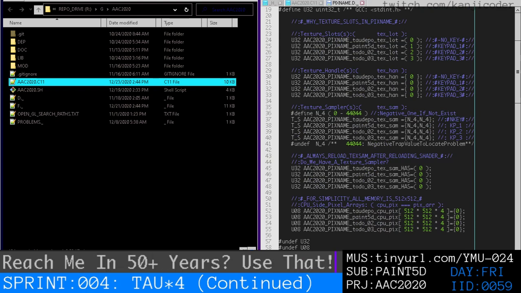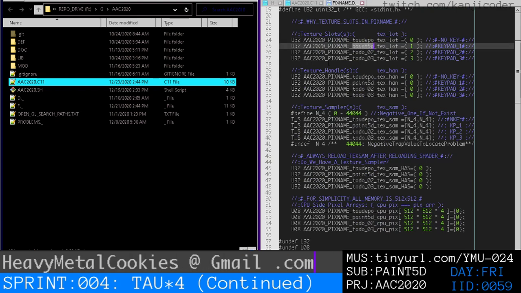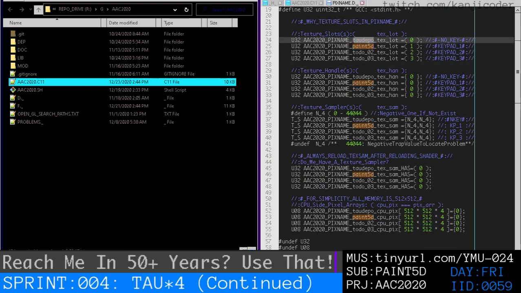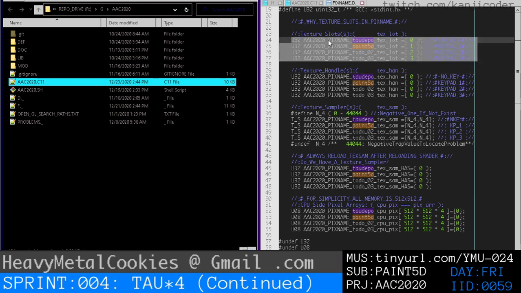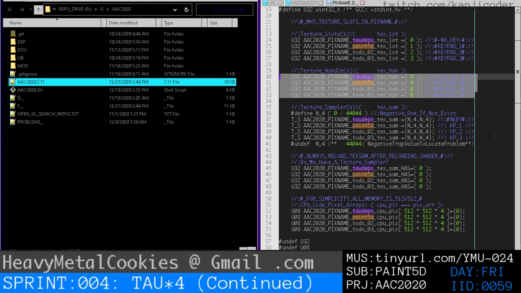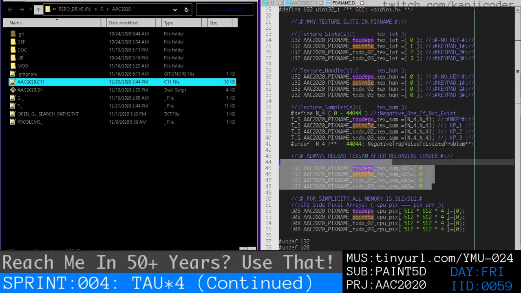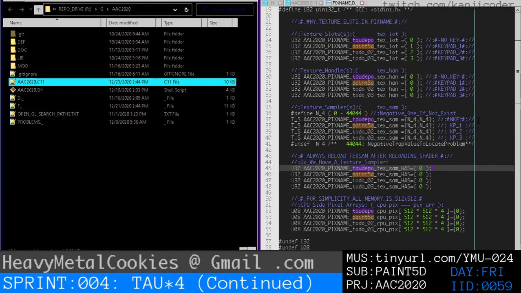So we see that the Paint 5D system variables are going to be prefixed with this Paint 5D, and then the Tau Depot system has this other prefix of Tau Depot, so very obvious. And you can see this very consistent pattern, right? We've clustered everything in these very redundant kinds of patterns, where even though there's a lot here to look at, the pattern makes it not that much of a cognitive load, right? Like if we ever wanted to add data for a different system,